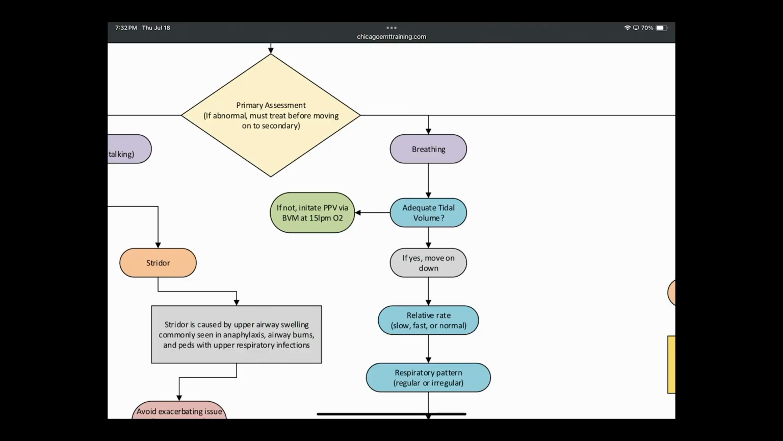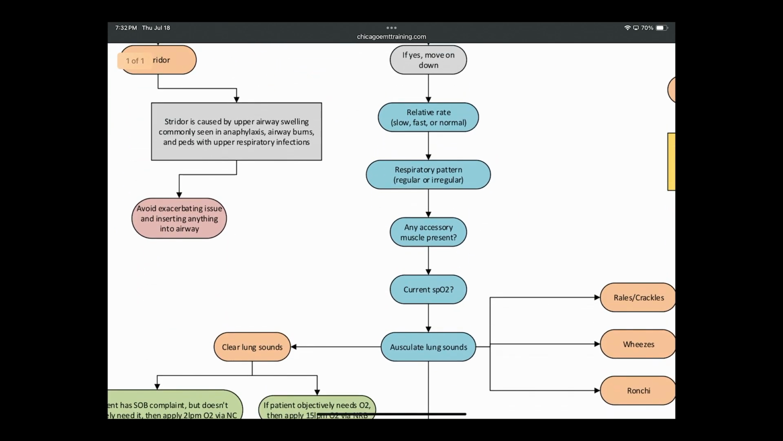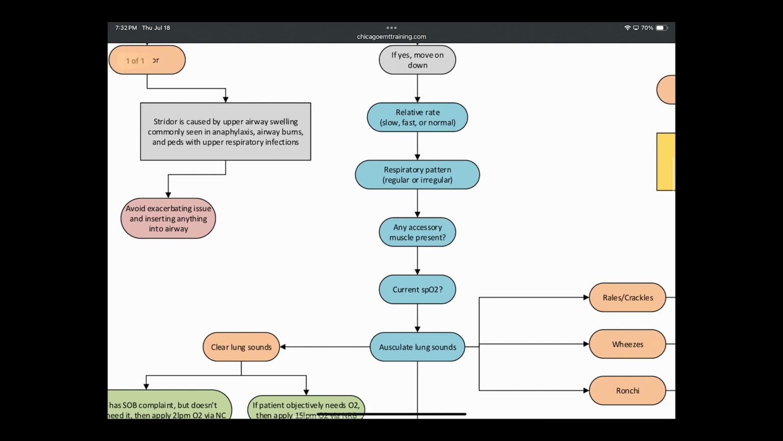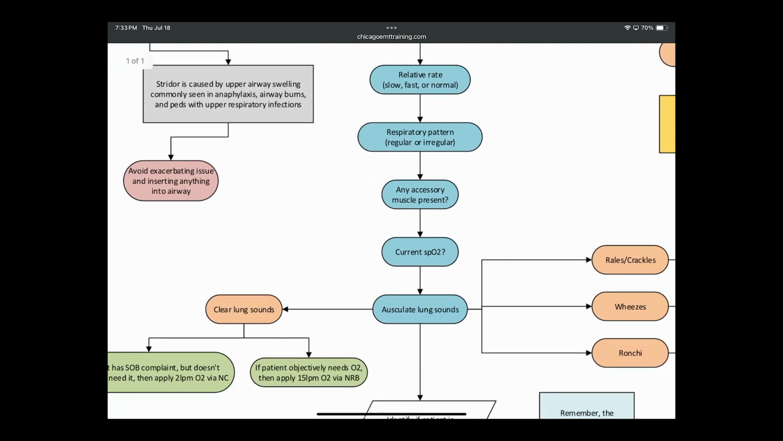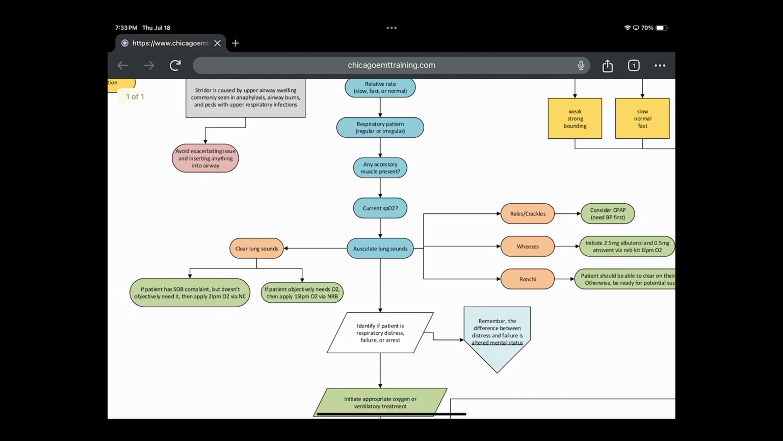And if not, then I would highly consider positive pressure ventilation with the BVM. If so, let's move on down. Then you're going to assess the next 5 things: the relative rate, respiratory pattern, any accessory muscle use, what's their pulse ox, and then auscultate lung sounds. And then if you scroll to the bottom, you see various lung sounds that we might find: clear lung sounds, rales, crackles, wheezes, rhonchi, with the respective things that we might